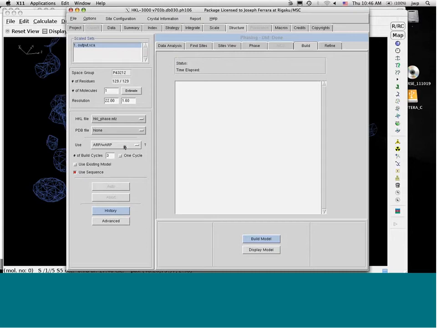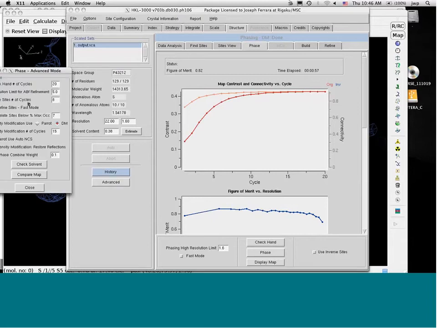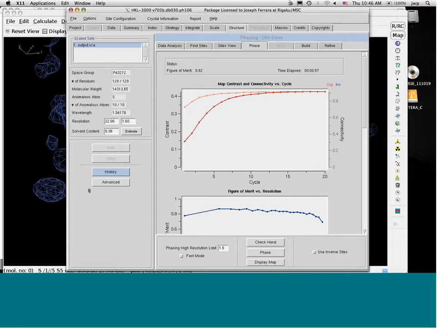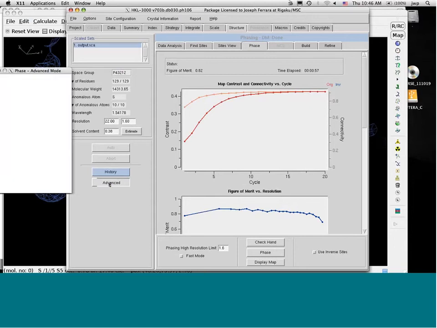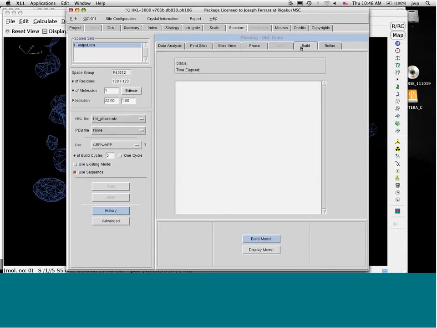In the phasing stage, in the advanced tab, if you want to use something like Parrot to do the solvent flattening, I think you can do that. Yes, sorry, I clicked away, but here's Parrot. I just use DM because I've been using that a lot, and I know it's going to work for this data. In the build step, we're going to build with ARP-Warp. Basically, just click on Build Model. So while I'm building the model,